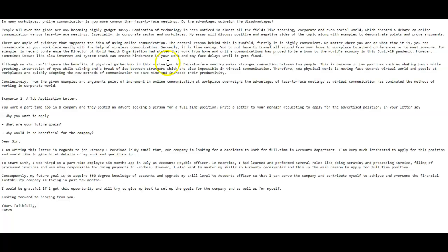Face-to-face meetings make the connection between 2 people stronger. You have to use your correct word order here. This is because of, now careful, few gestures means very few, like almost none. I don't think this is what you mean. You mean this is because of a few gestures like shaking hands while greeting, interaction of eyes. This is called eye contact. Interaction of eyes is not an expression. So eye contact while talking, and breaking the ice between strangers, which are almost impossible in virtual communication. Therefore,